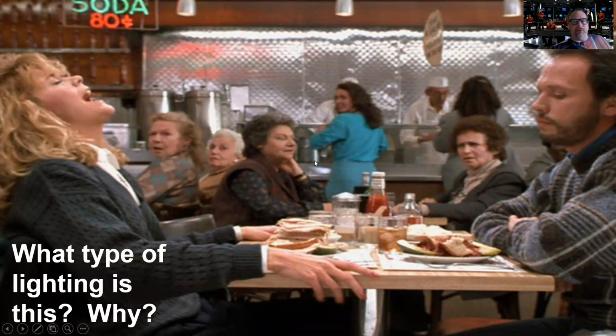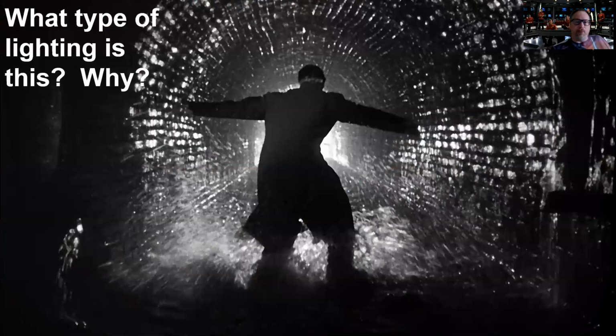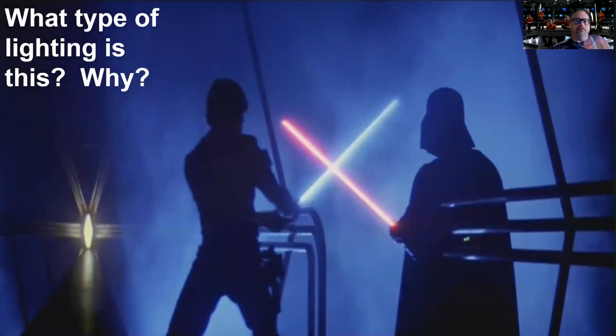One of the great lines in film: this woman here, right afterwards, the actress that's playing the waitress comes over and says, "What do you want? Or what will you have?" And she says, "I'll have whatever she's having," after she just had an orgasm. So this is going to be Hollywood lighting, 3-point lighting, backlighting, high contrast lighting, right? Really showing the back. But this could also be considered low key, but this is low key contrast because it's